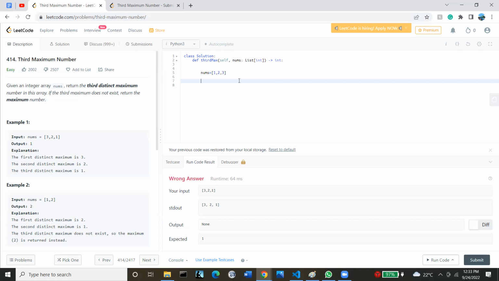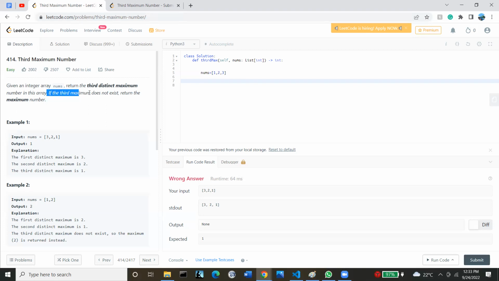So that's what I decided to use, and that's what I'm going to show you: how we're going to sort the nums array into descending order. So why are we sorting it in descending order? That's something we need to understand. But in order for us to understand that, let's come back to